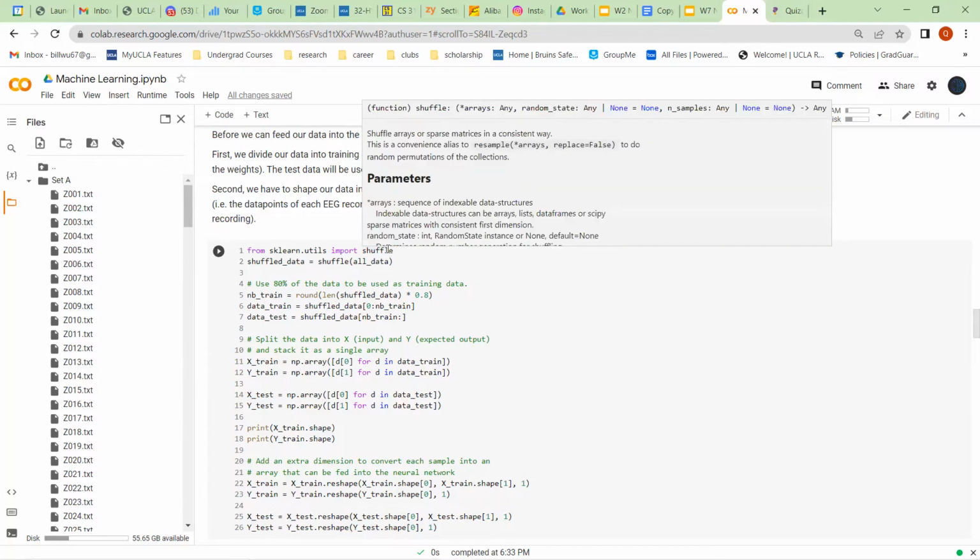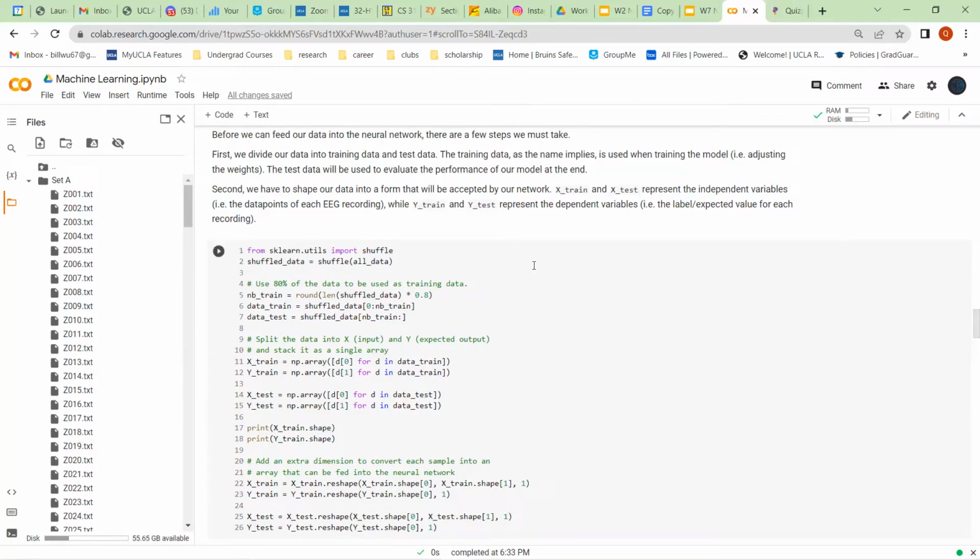First things first, we need to split up the data into a training set and a testing set. You should shuffle all your data because you don't want your model to train only on set A or only on set E. You want to make sure it has a mix of epileptic and non-epileptic EEG signals to train on.